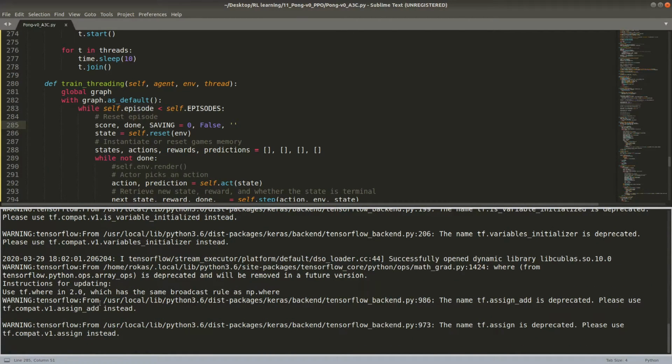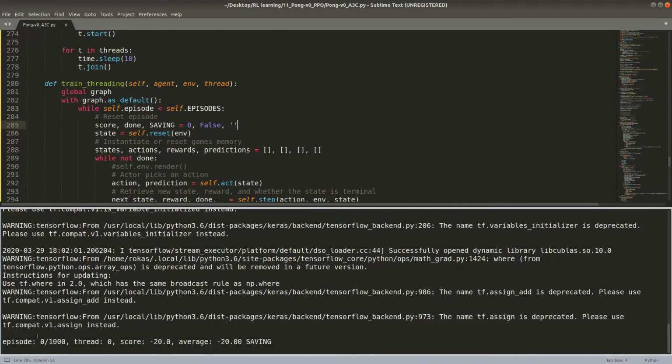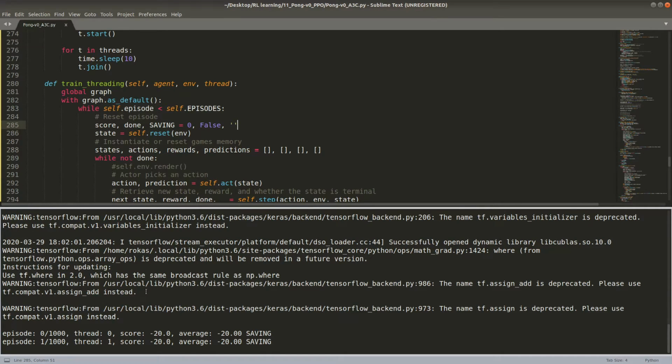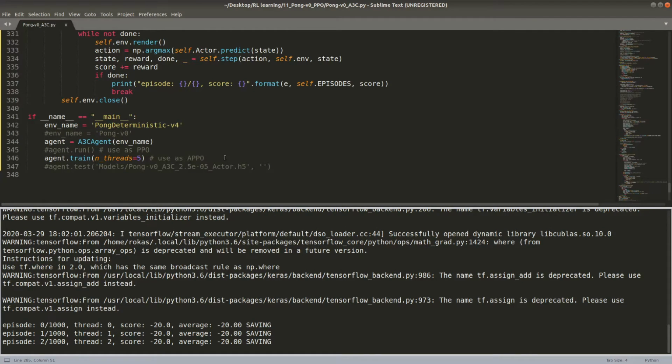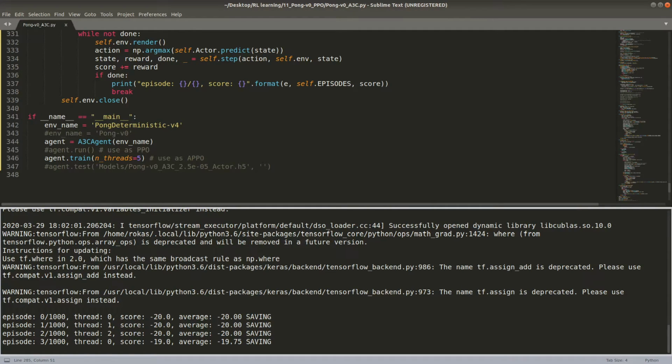So, see, training. As you can see, I didn't receive any errors right now, and actually, I think it's working. Our proximal policy optimization algorithm is training right now on this simple deterministic environment, and same as before, I'm not